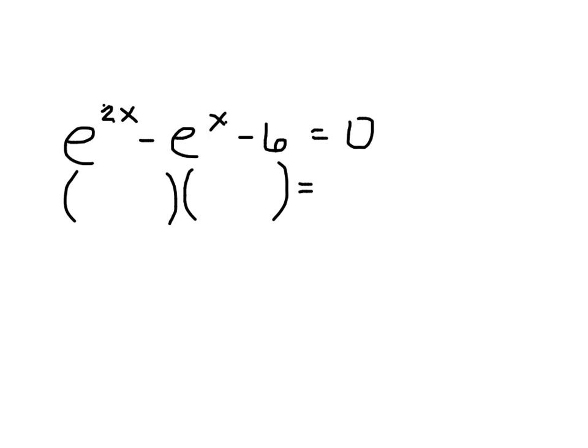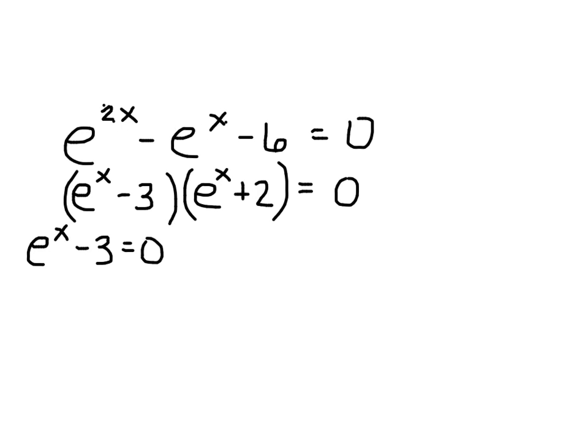Now, putting it in the quadratic formula, probably not the easiest thing to do, but factoring it is. So what times what gives me e to the 2x is e to the x and e to the x. Now the reason why that is, remember when you're multiplying things with same bases, you add the exponents. 1x plus 1x would equal 2x. So that's why that works. Then what times what gives me negative 6, but adds to be negative 1, would be negative 3 and plus 2. Alright, so then from here, what I'd like to do is put each of those equal to 0